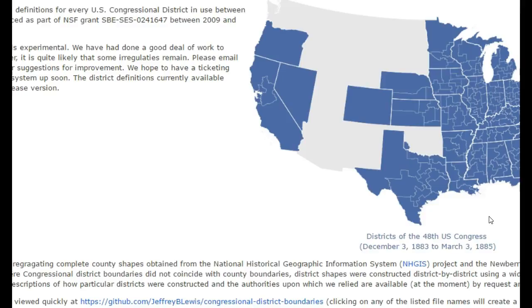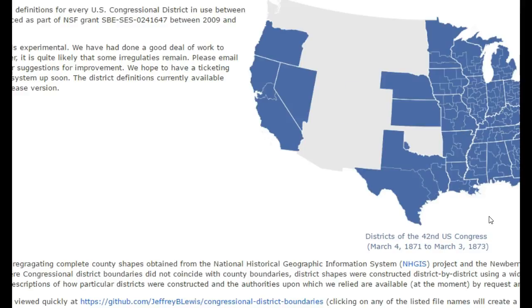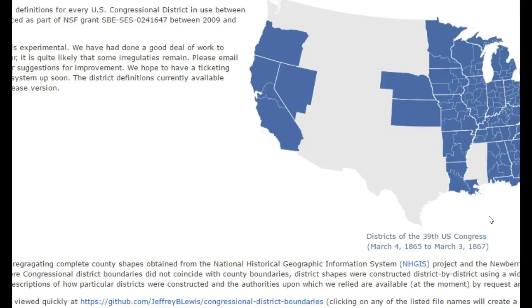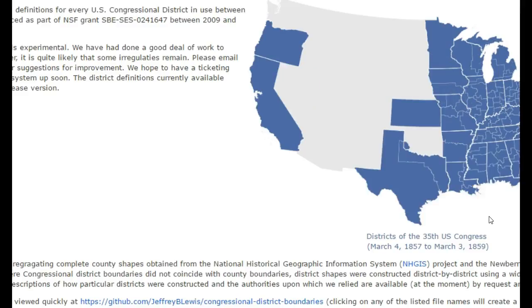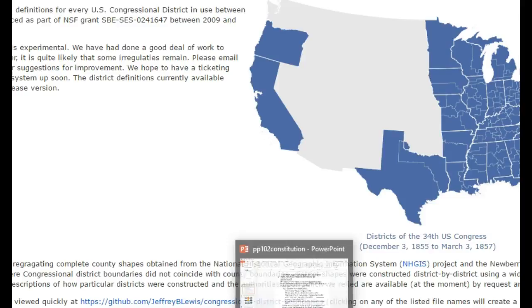And this dramatically changed the way the system works. It gives much more voice to urban residents and much less voice to rural residents. So we're still going back in time, and you'll notice the South is going to disappear pretty soon. That's the Civil War. And we're going back to the origination of the country. All right, let me go back to the PowerPoint.